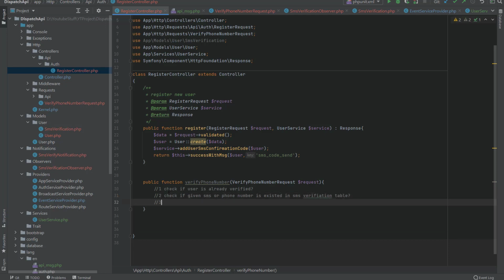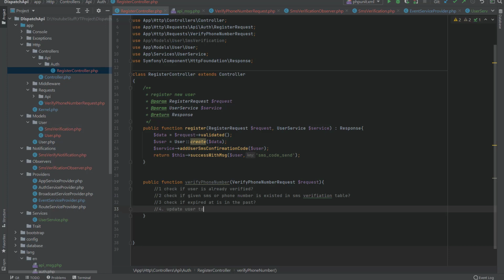Third, we check if the expire date is in the past. Okay, and then if those three conditions above are true, we gonna